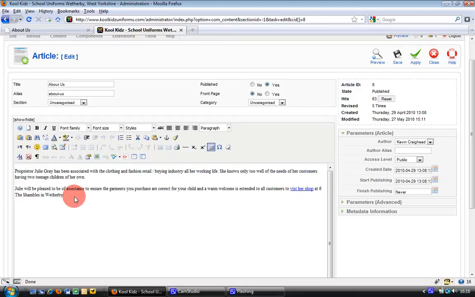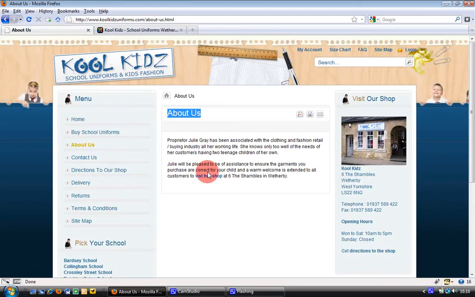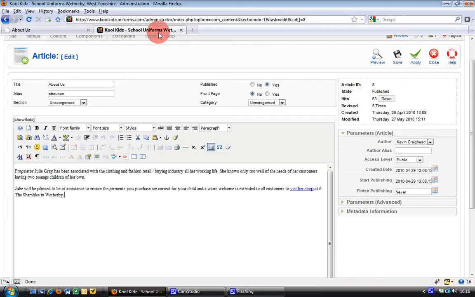In our case, we want to put an extra paragraph of text after the two that already exist. If I flick back to the About Us page, you'll see there's just the two paragraphs at the moment. Now, the first thing you'll notice is that the formatting is completely different in here. That's because the formatting is controlled by some of the other fancy workings within Joomla, so you don't need to worry about changing text styles and so on. So if I add an extra paragraph here,